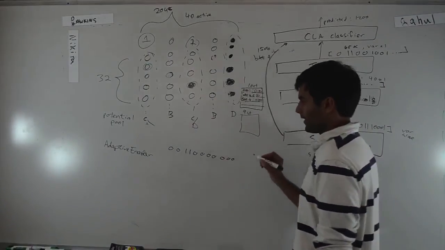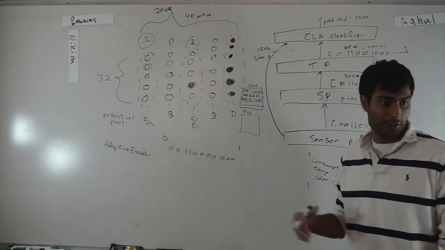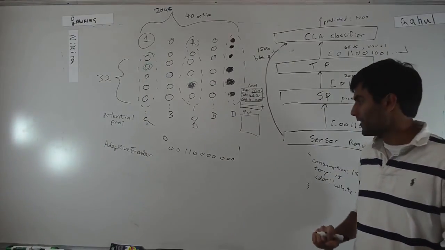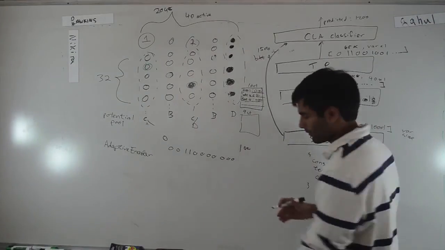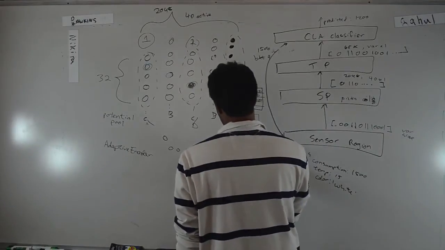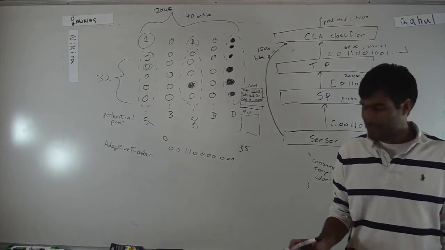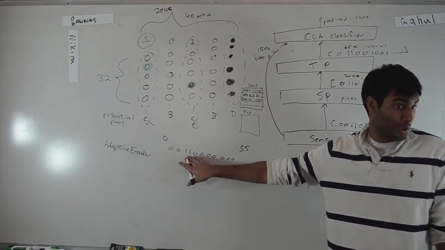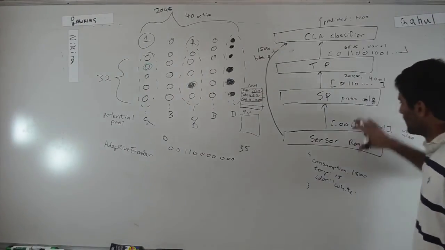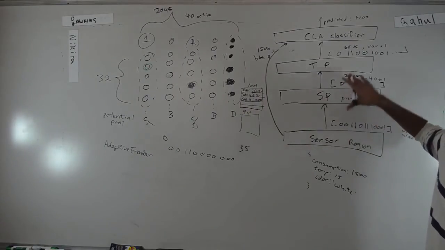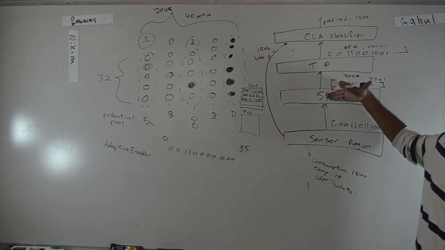We simply say that we start this off with a min of 0 and a max of 1. Now what if a new value comes in that's greater than the max? Very simple, we just change this. Say the new value that came in was 55. We say, okay, now the maximum value of this range is 55. This causes a lot of issues, because now this state, which used to represent 0.2, now represents like 4 or 8. And the other layers are not aware of this yet, so they have to relearn. So it invalidates all the learning that's happened higher up,